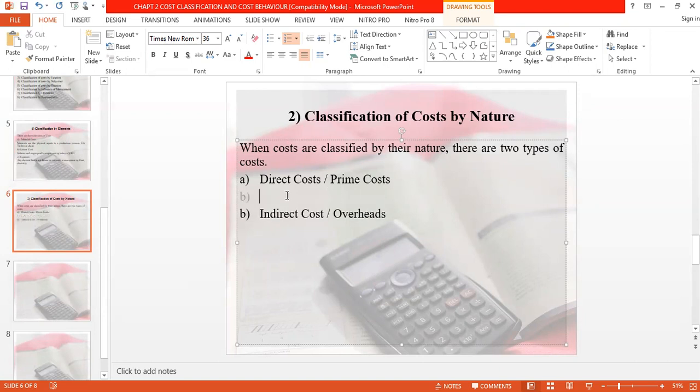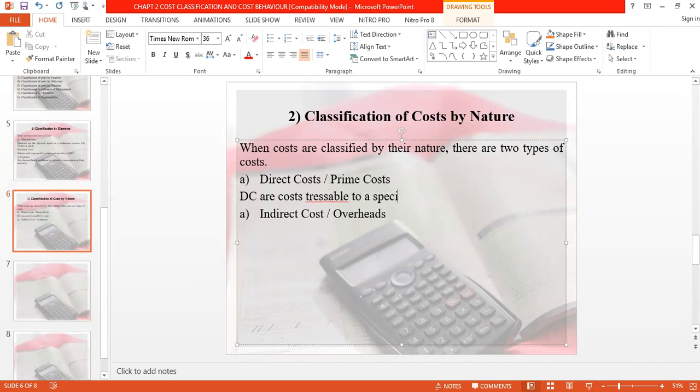Costs can be classified by elements. We have looked at it. By nature. Now under nature, we are saying there are direct costs and there are indirect costs. So what are direct costs? Direct costs are costs traceable